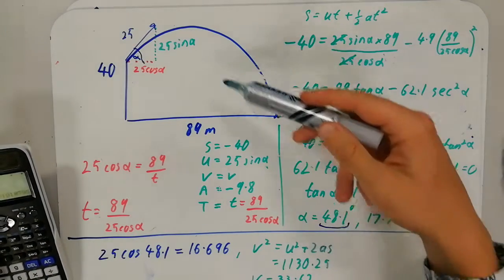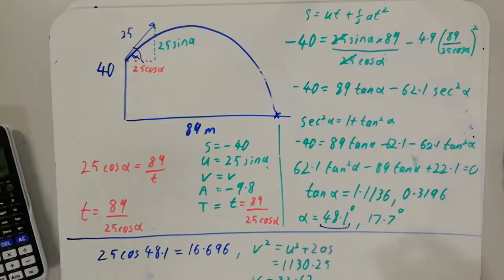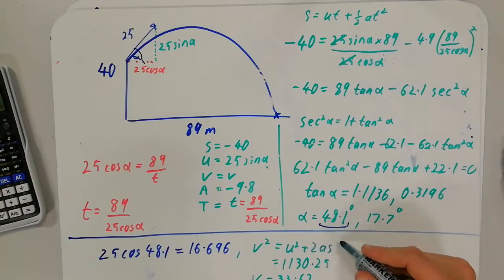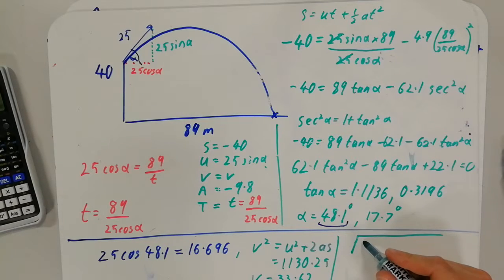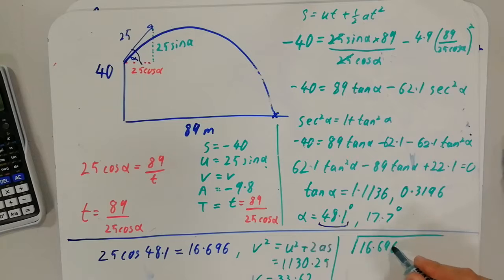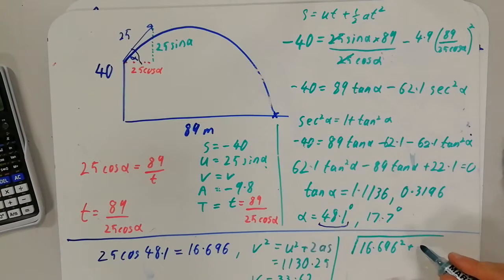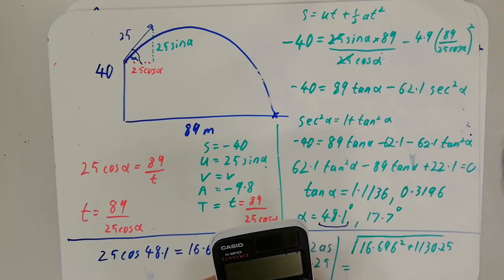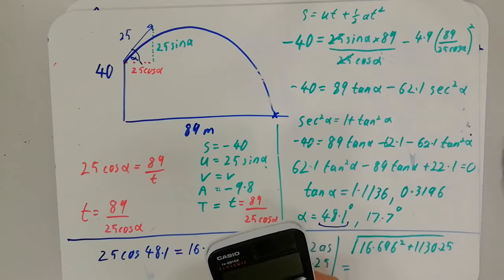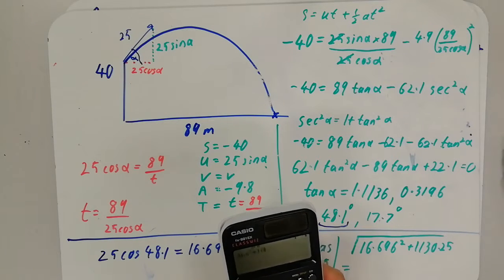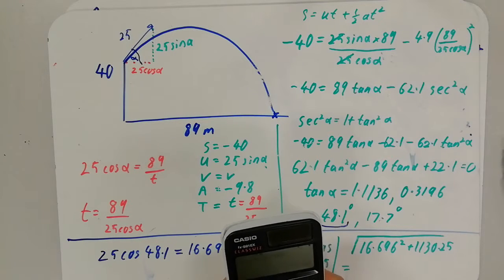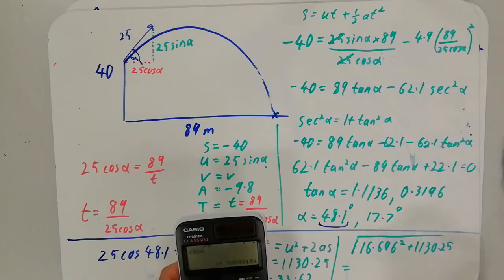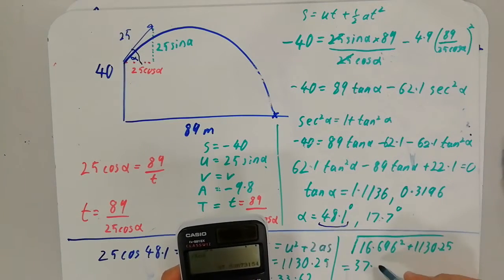Okay, so I've got my vertical speed and my horizontal speed. If I now just do a bit of Pythag on each of these, I get 16.696 squared plus, I might as well use v squared, plus 16.696 squared. I get a speed with which it hits the ground of 37.5